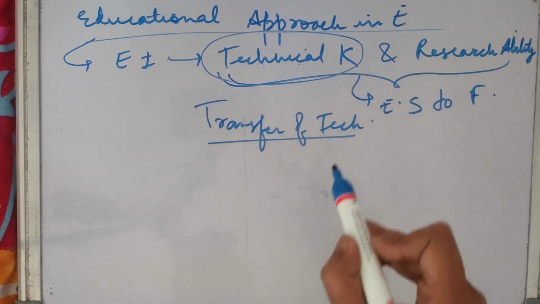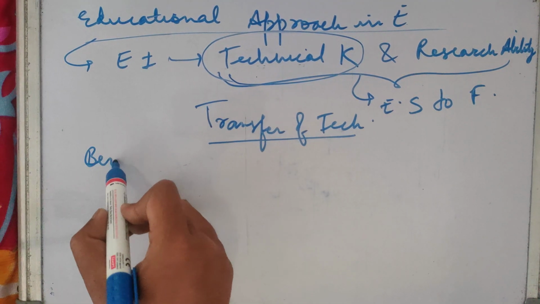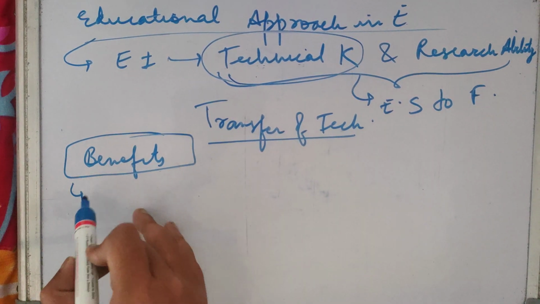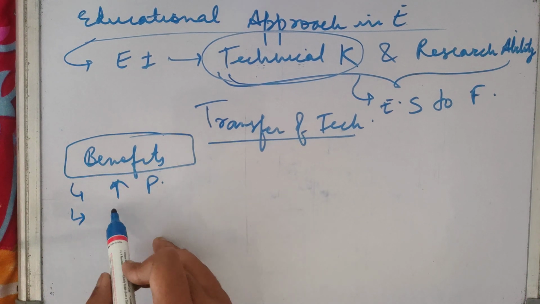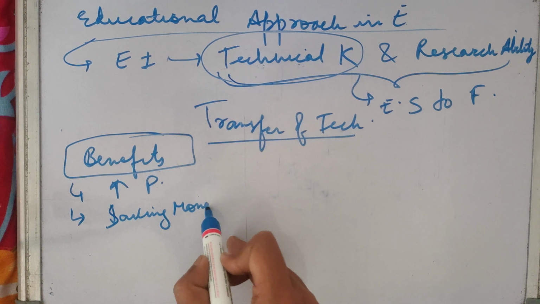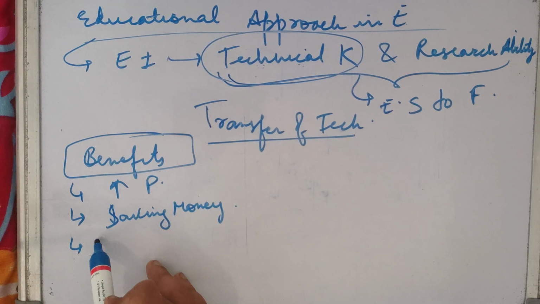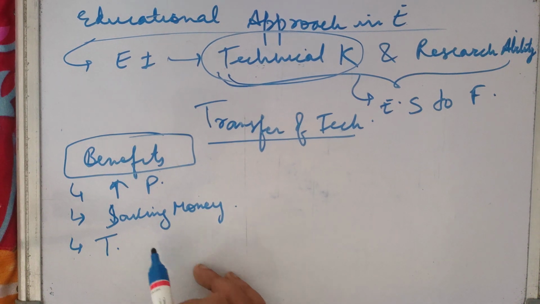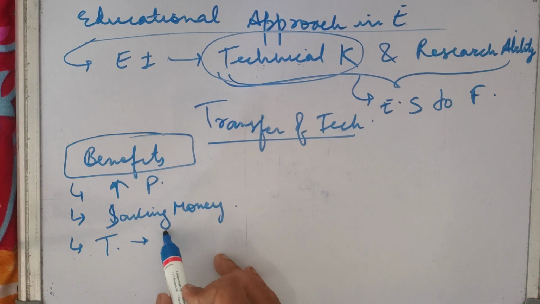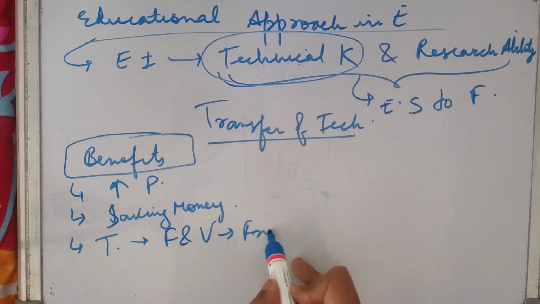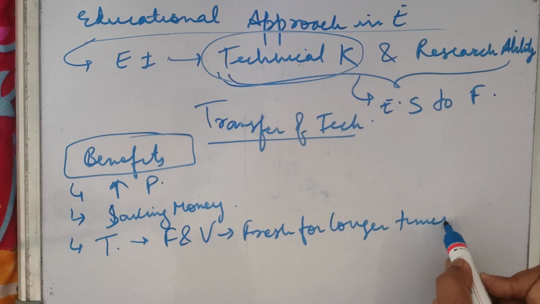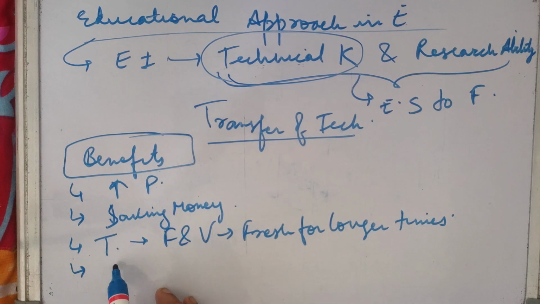So what are the benefits of the educational approach to extension? First of all, it helps in increasing productivity. It helps in saving money for farmers. It helps in enhancing proper transportation to farmers. It helps in giving farmers the methods to keep fruits and vegetables fresh for longer time. They give them techniques, transportation, refrigeration, everything. It saves time,